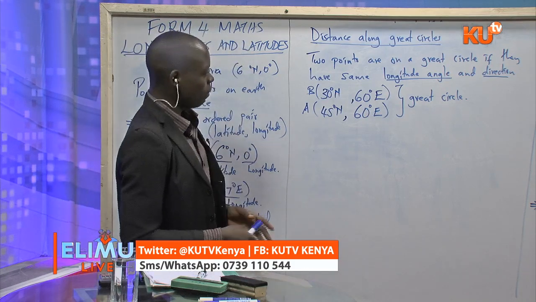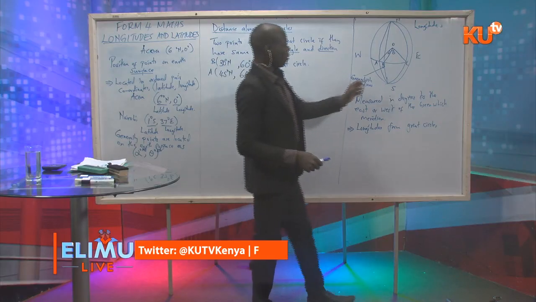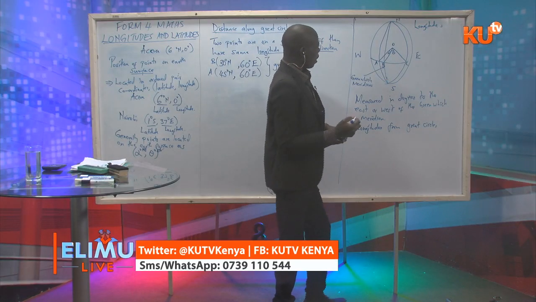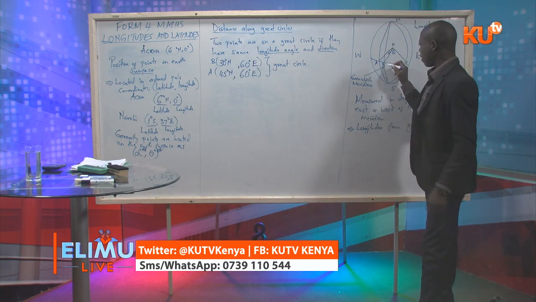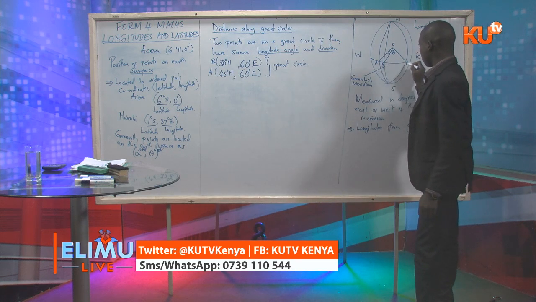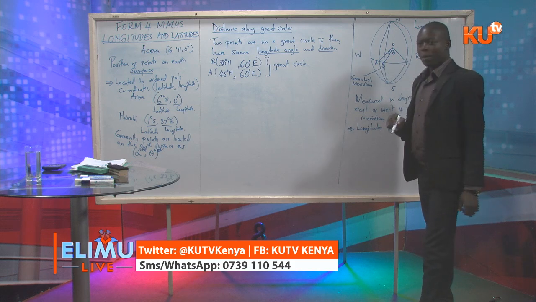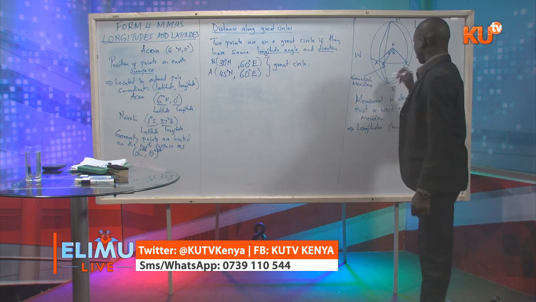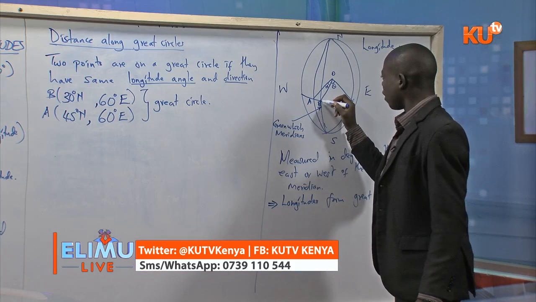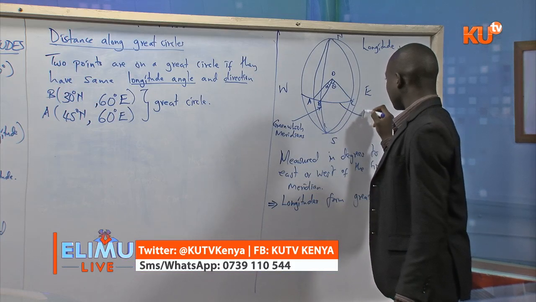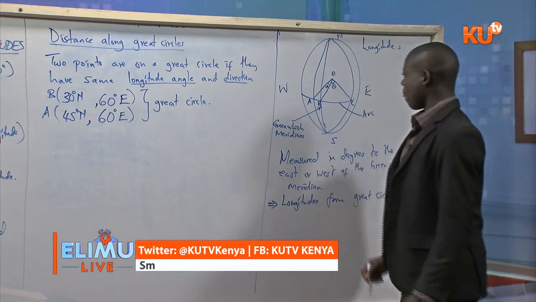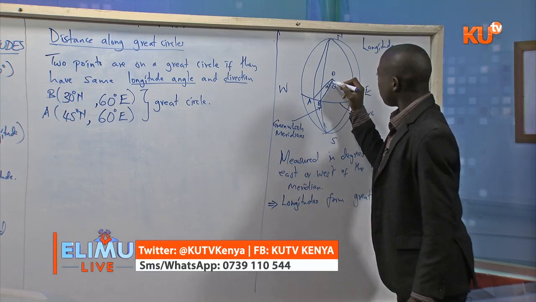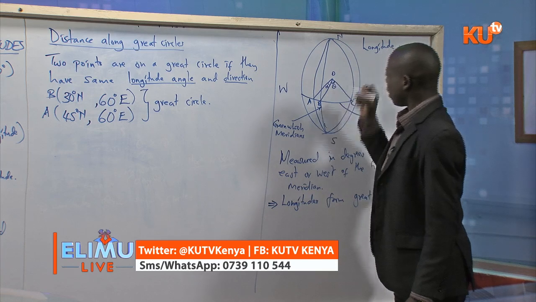That is of great importance. How do we calculate the distance along a great circle? What is happening is, if you look at the diagram that we have here, we have the points, for example, B and C. The points B and C are forming what we call an arc. That is an arc of a circle, and the arc of the circle here is subtending an angle, theta,